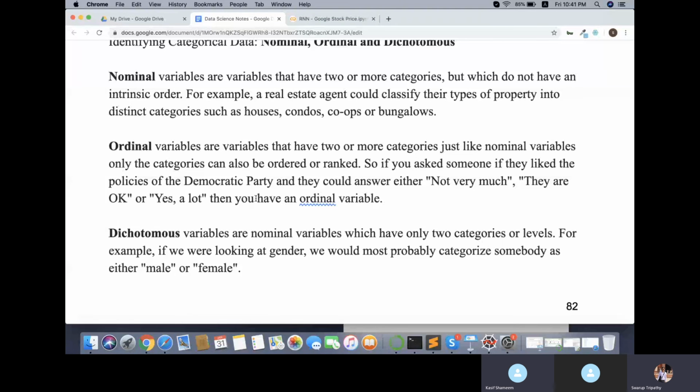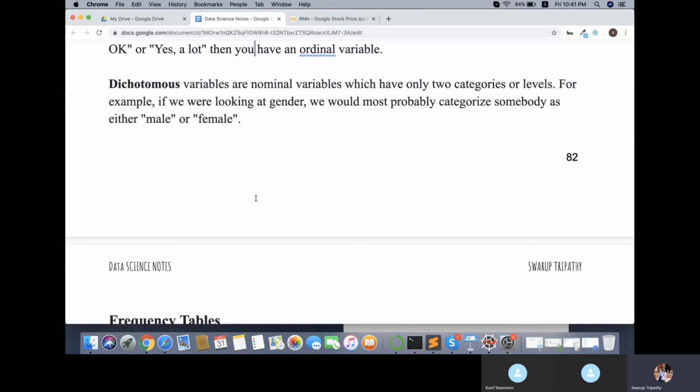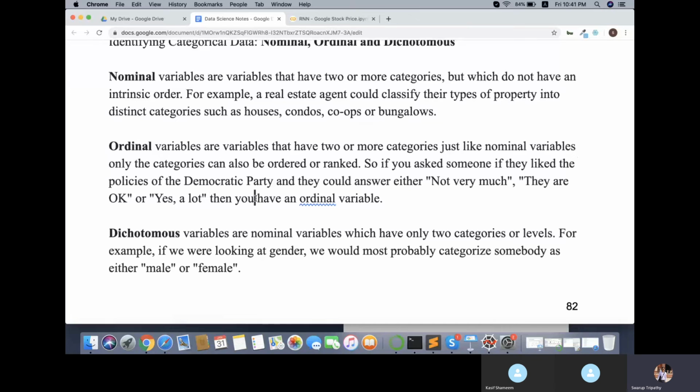So next, see here, these are the three types of categorical data. When you have nominal data, some algorithms perform well for nominal data. If your data is ordinal, some algorithms perform well for ordinal, and if you have dichotomous, there are certain algorithms which perform well. In machine learning, they don't give much focus to nominal and ordinal.